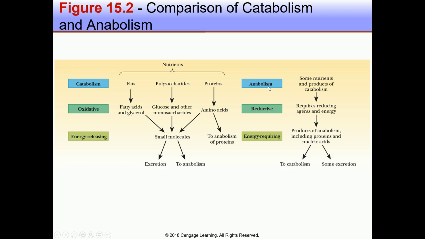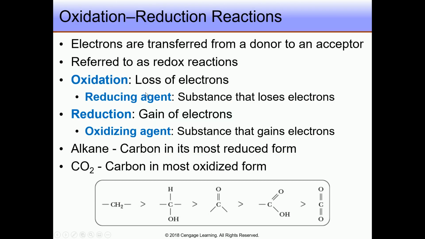It is that substance which gains electrons. Now, here is an example of oxidation and reduction. Here is zinc. When a zinc atom loses electrons and gets converted into an ion, the zinc atom loses electrons and becomes a zinc ion. This is called oxidation. And when a copper ion accepts electrons and gets converted into a copper atom, this is called